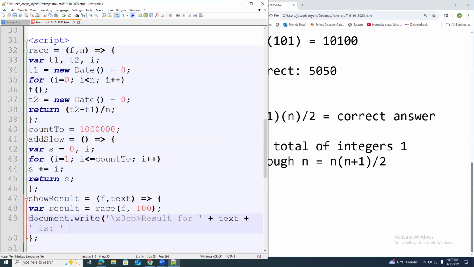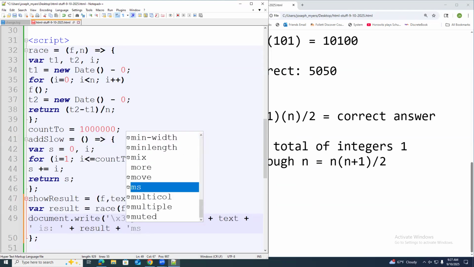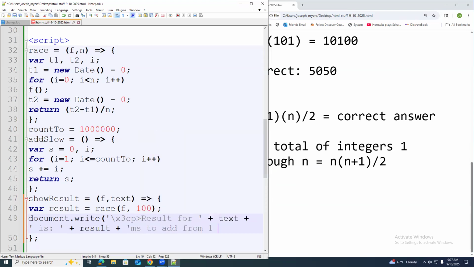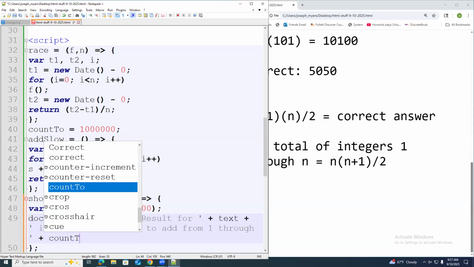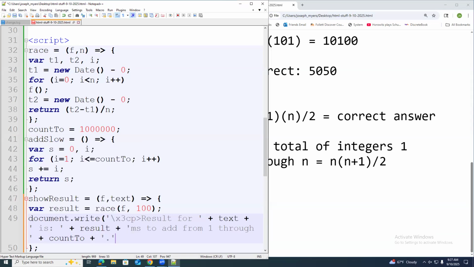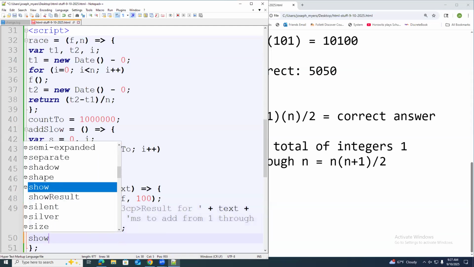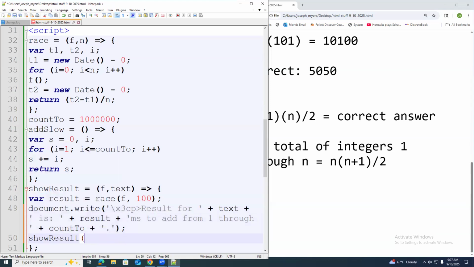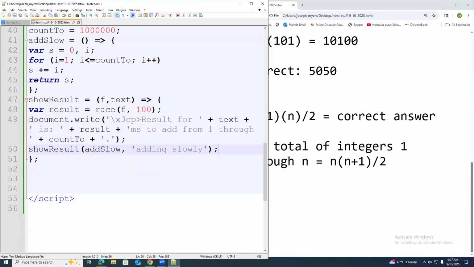And then plus result plus ' milliseconds to add from 1 through ' — I forgot to end the quote first — plus count2 plus a period. So there's that. And then I'm going to have it do showResult addSlow, and I'm going to call this 'adding slow'. I should say 'adding slowly', really, because it's an adverb.